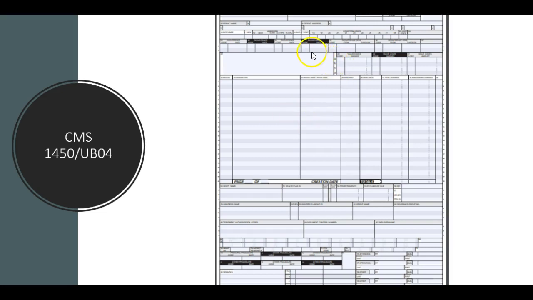And as you can see here, it's a lot more complicated. These specify the types of services provided during the patient's hospital stay, and they need to be filled out accurately to make sure that the claim is paid correctly the first time it gets sent. So when you're filling out that UB04 form,